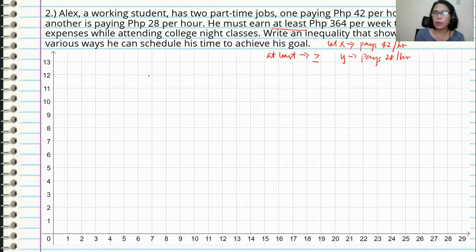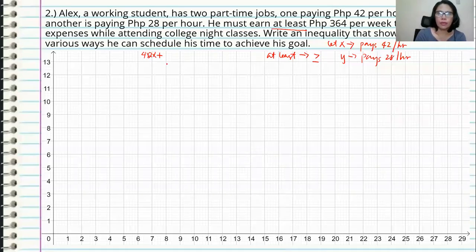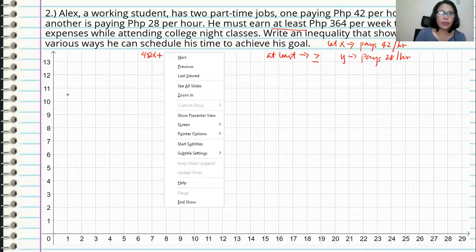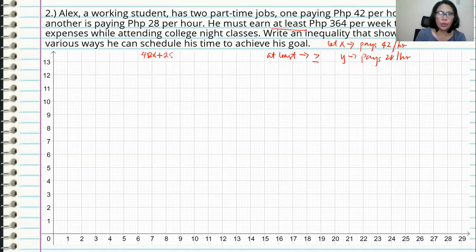So we can make use of the inequality 42x plus 28y is greater than or equal to 364. Okay,